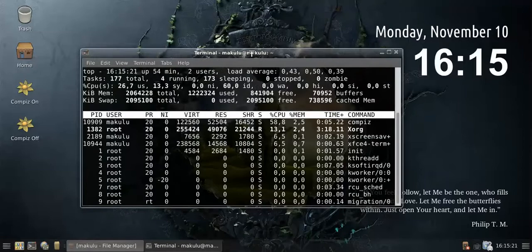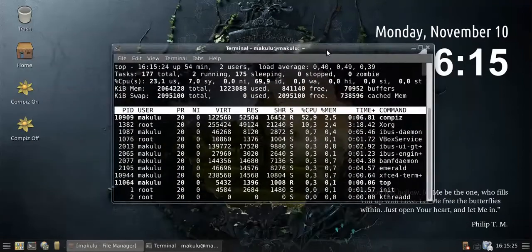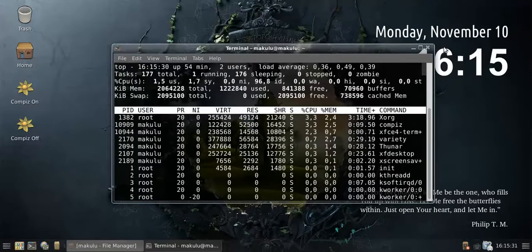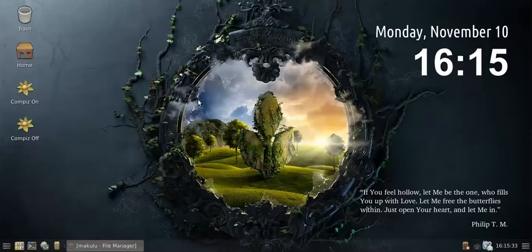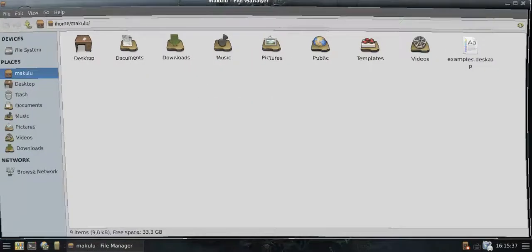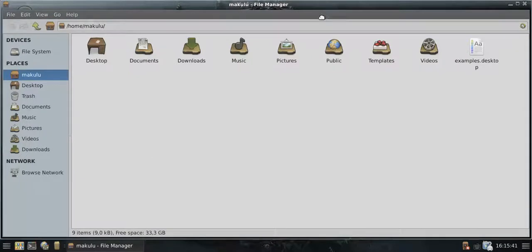Of course, the moment you start doing stuff, your CPU spikes, which is normal on any system, and when you stop, the CPU usage comes down again. Just give it a second, and there we go, down to 3.3 again. So it's running very well, I must say. I'm very impressed with my work so far. And it's funny, I always seem to impress myself. But anyway,